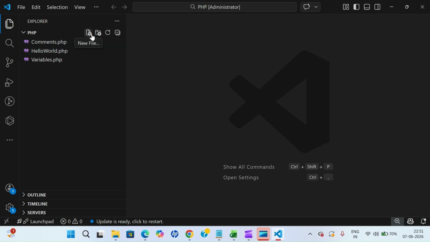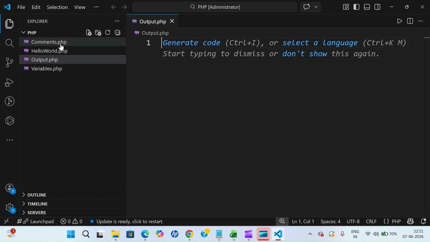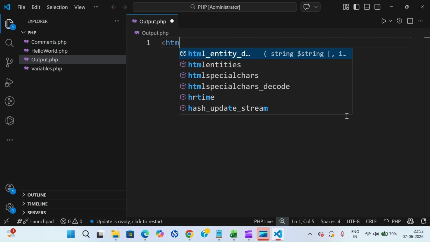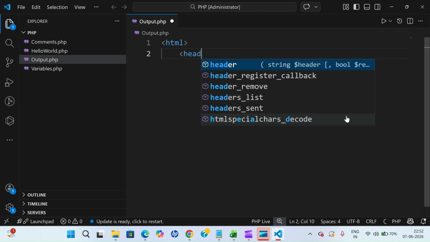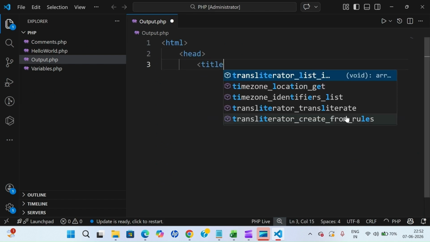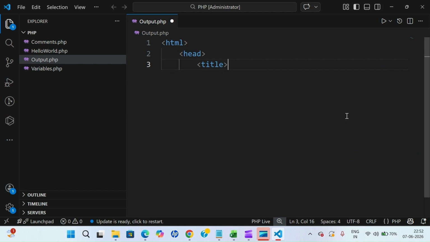So just click here. It will ask for the name. So I'll write like output.php. Just press enter. And this is the environment where you can type your application. So your program starts with HTML. Then I can go for head. Then I can go for title. So I can write here